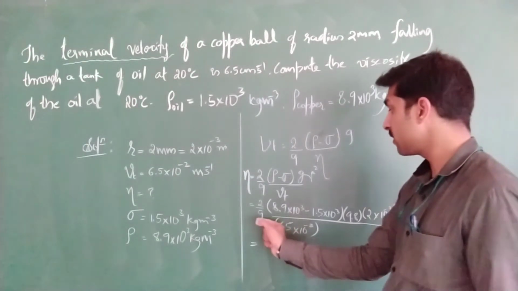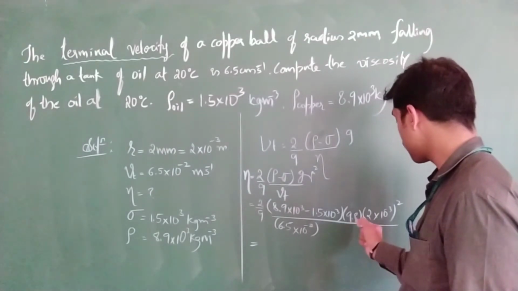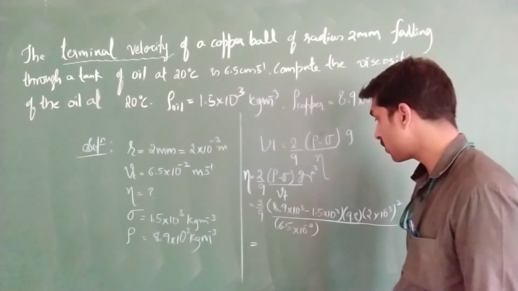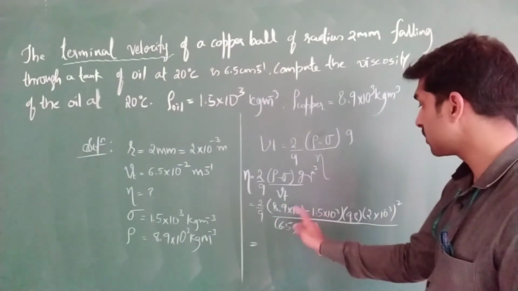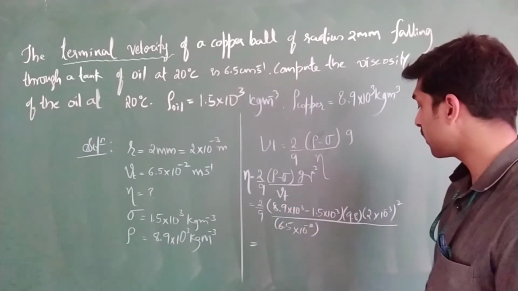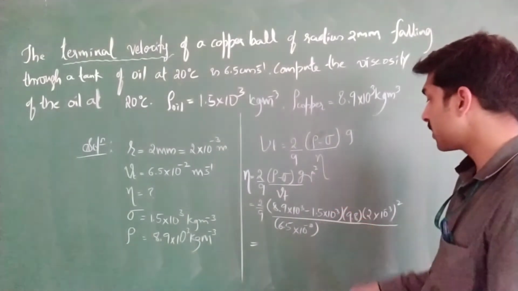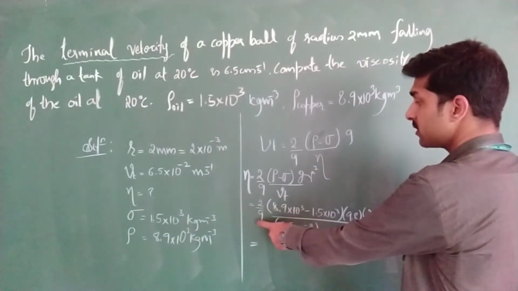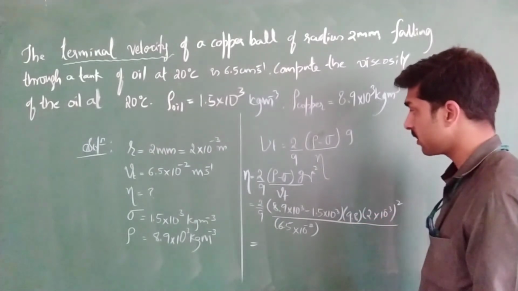You can choose this as 10 or 9, here 8.9, 9 will get cancelled somewhere. Choose it as 10, 65. Shall I solve this one? You can't cancel out here because it is a difference. Don't cancel 8.9, choose it as 9 minus 1.5. You are going to get 7.5 into 10 to the power of 3. Okay, 7.5 into 2 is nothing but 15. 15 by 10 is nothing but 1.5.